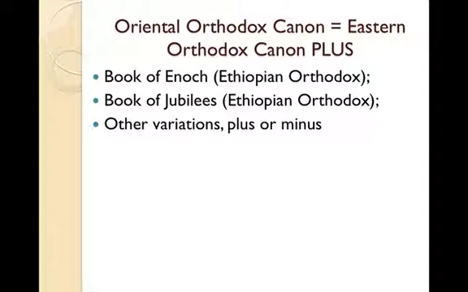And finally, we have Oriental Orthodox, which are Orthodox groups that are further east than Eastern Orthodox. So people that would be in modern day Iraq, for example, originally in Persia, Armenia, and some of those places. Some groups have even more material. So the Ethiopian Orthodox, in particular, which have the longest Bible of any Christian group, include something called the Book of Enoch and the Book of Jubilees, and other various groups include some things, exclude some things. So then it gets really complicated. But I just wanted you to know that not every Christian group has the exact same Old Testament. So when you talk about Old Testament with your Catholic friend, just be aware that they may have some information in their Bible